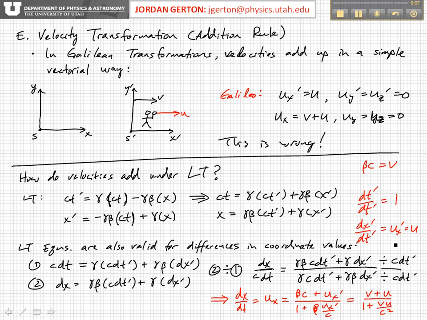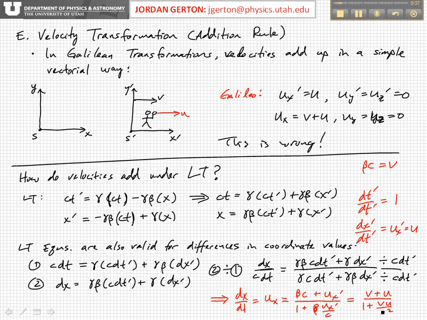The Lorentz transform velocity addition rule along the x direction, this is for velocities along the x direction, basically converges to the Galilean transformation when v over c, that is beta, is much, much smaller than 1. So at non-relativistic speeds, we recover the Galilean transformation, which is satisfying because we know that the Galilean transformation works well in our everyday experience